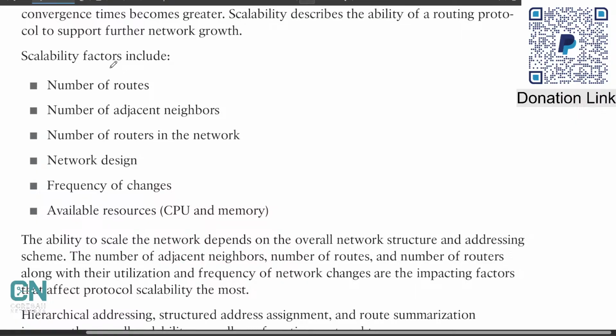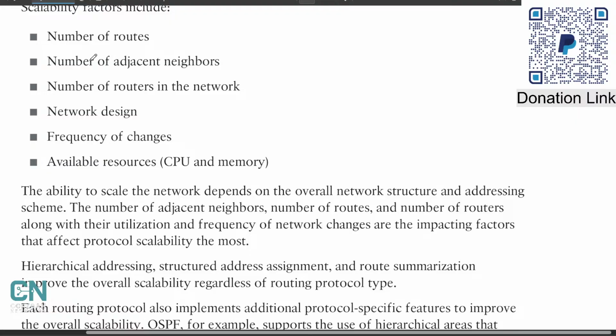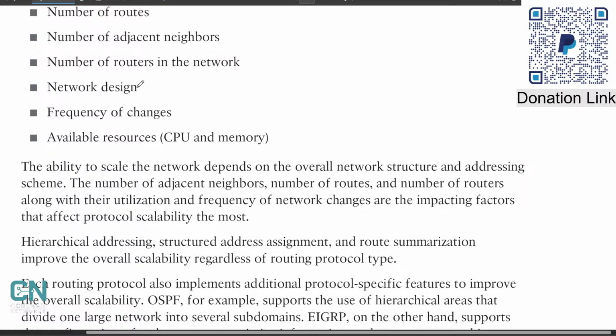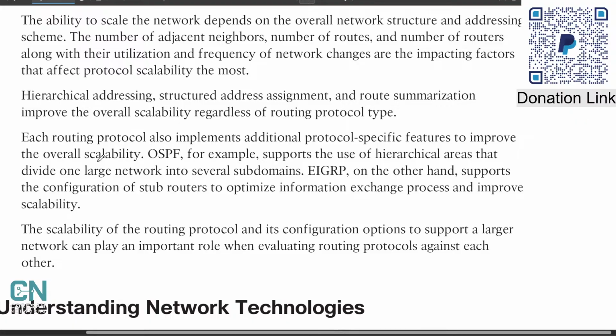Scalability factors include number of routers, number of adjacent neighbors, number of routers in the network design, frequency of change, and available resources, for example CPU and memory. The ability to scale the network depends on the overall network structure and addressing scheme. The number of